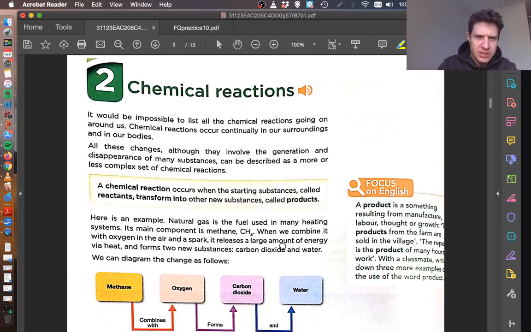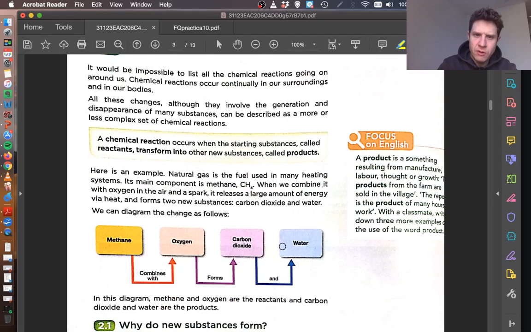Chemical reactions. It would be impossible to list all the chemical reactions going on around us. Chemical reactions occur constantly in our surroundings and our bodies. All these changes, although they involve the generation of many substances and the disappearance of other substances, can be described as a more or less complex set of chemical reactions. So, what's the definition of a chemical reaction? A chemical reaction occurs when a starting substance,